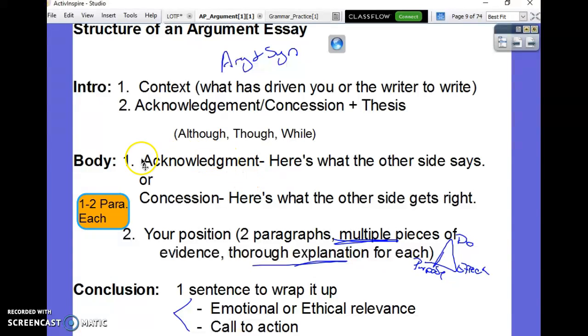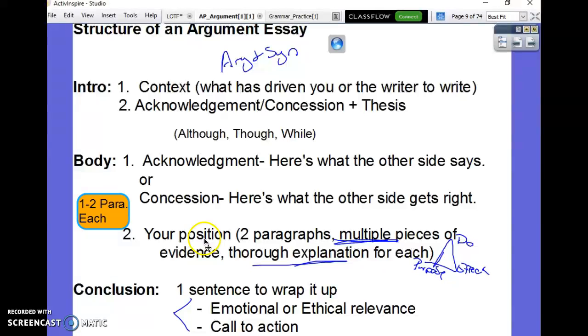If you prefer to put your acknowledgement or concession in your body paragraphs, that's fine. In fact, that actually shows a little bit more elevated style. But if you just want to knock it out and get it out of the way, do that. So make sure when you're looking at your own essays that you included acknowledgement or concession. Okay. After that paragraph, you then have your